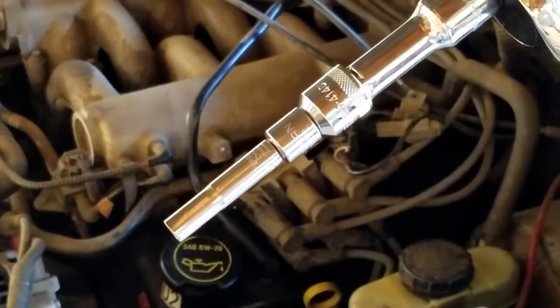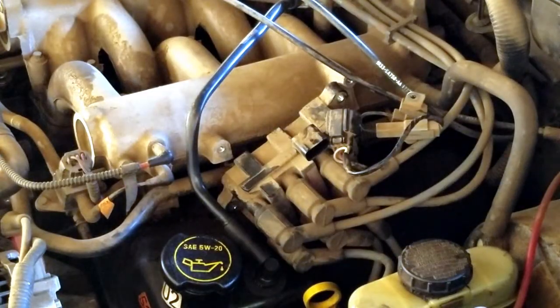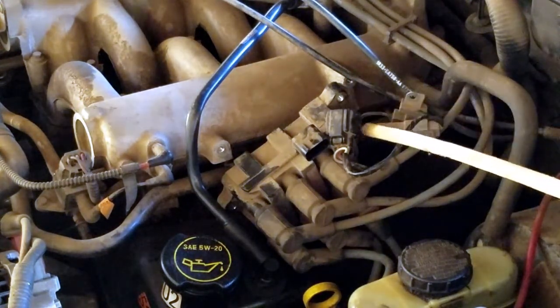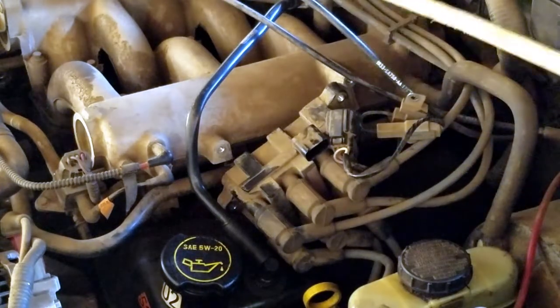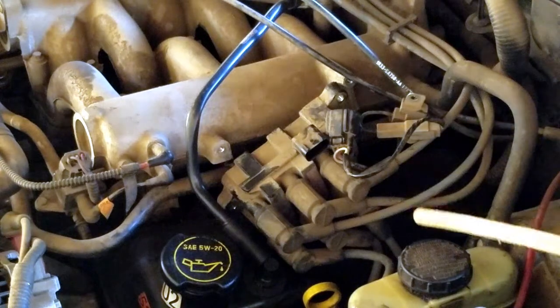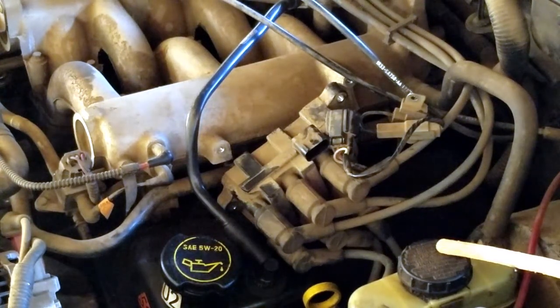Use a 9/32 socket and a 3-inch extension to remove those 3 bolts. Notice the bottom right bolt has a clip. Make sure you bolt that back on with it. Do not remove any wires from the old coil pack just yet. Gently set it on top of the master cylinder